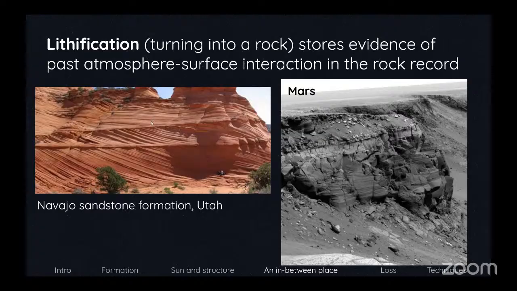Utah is really great because you can look at these different layers, and as you look further down in the layers, you're looking back in time. So this gives us a sense of not only what was going on in terms of geology, but also in terms of the atmosphere. This tells us that there was a very windy region that was building up dunes. And this is just one example.